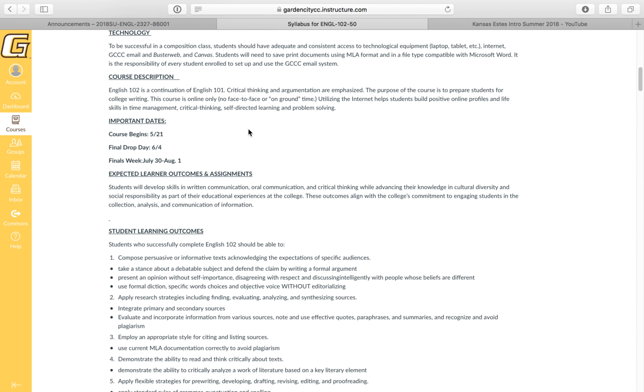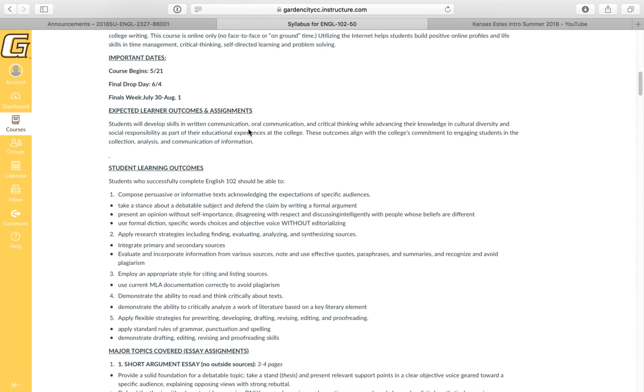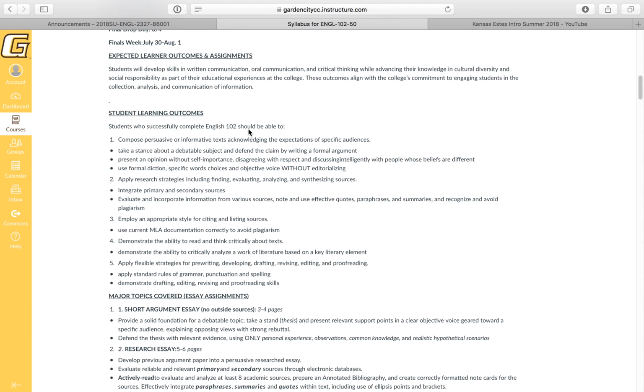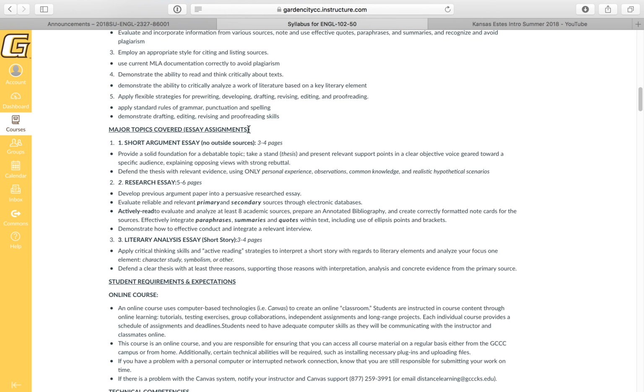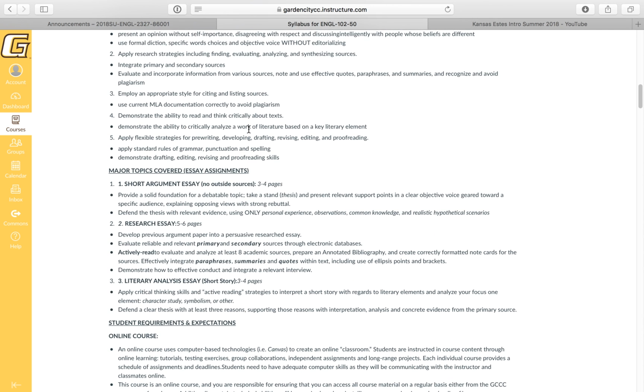So English 102 essentially looks at argumentation as a continuation of English 101. And you guys are working on critical thinking, problem solving, self-directed learning, all these different skills. And like I said, your finals week is going to be July 30th to August 1st. And you guys can read most of this yourself, so you can read the outcomes and the assignments. But essentially know that the goal here is to help you guys become stronger writers in terms of argumentation and targeted